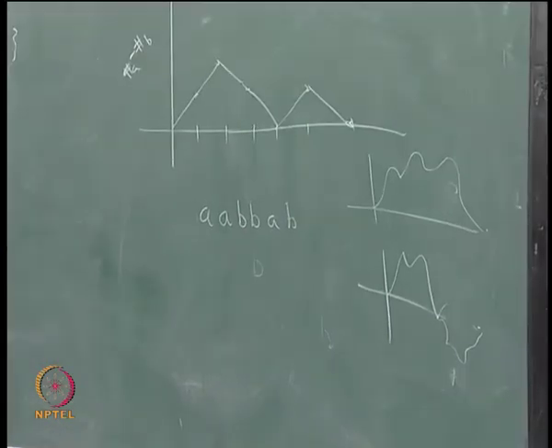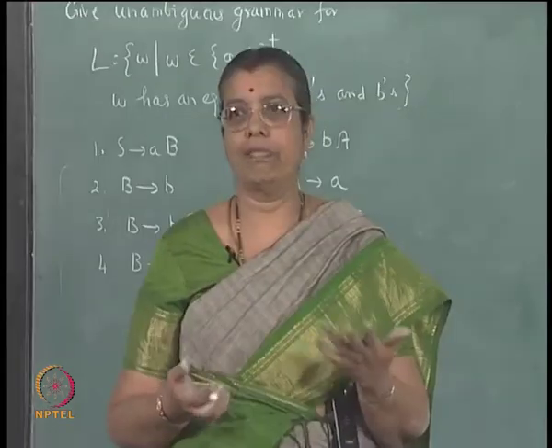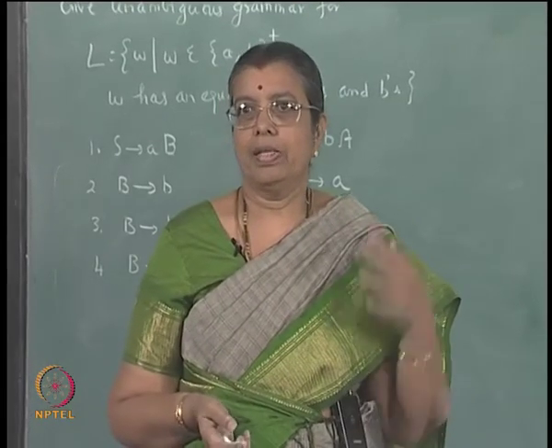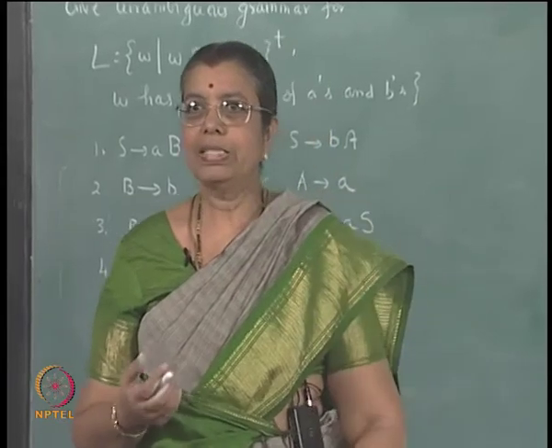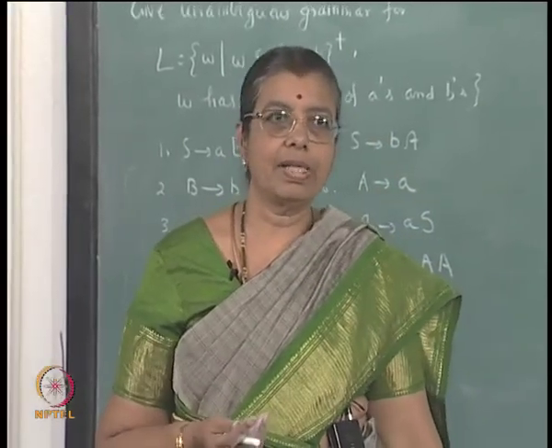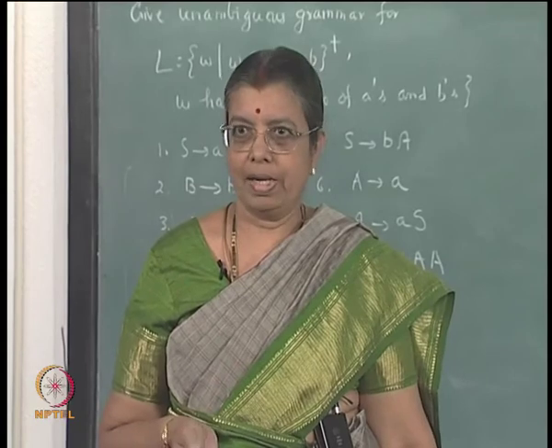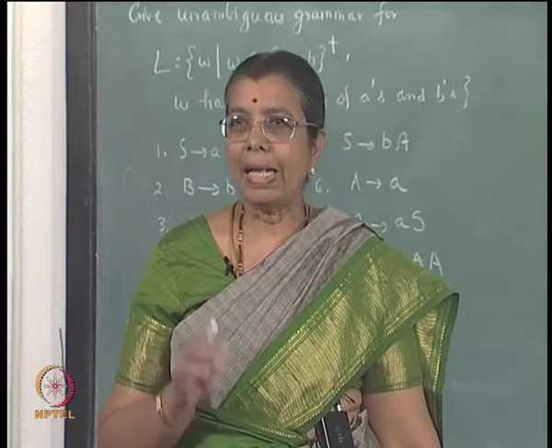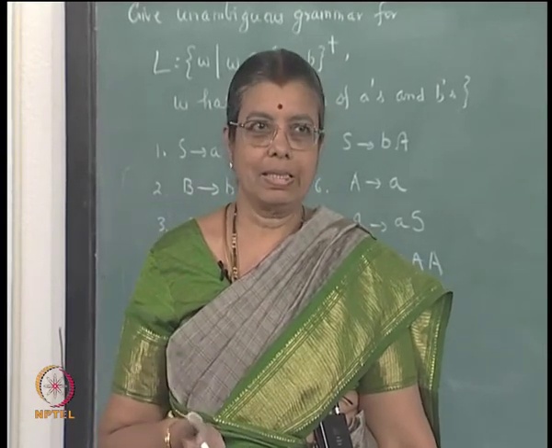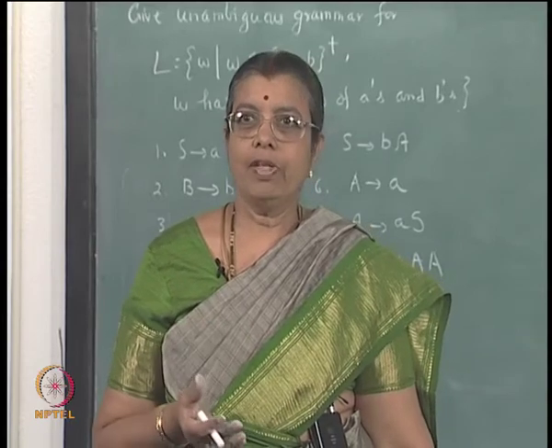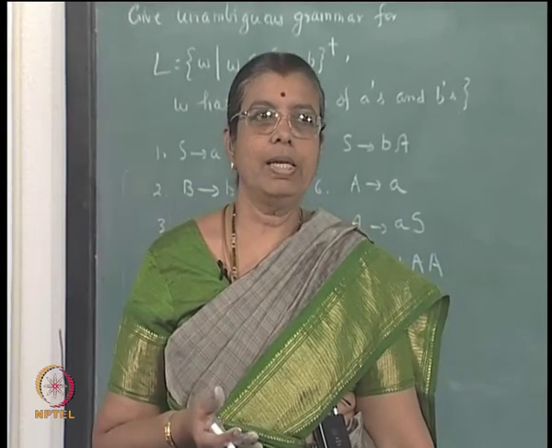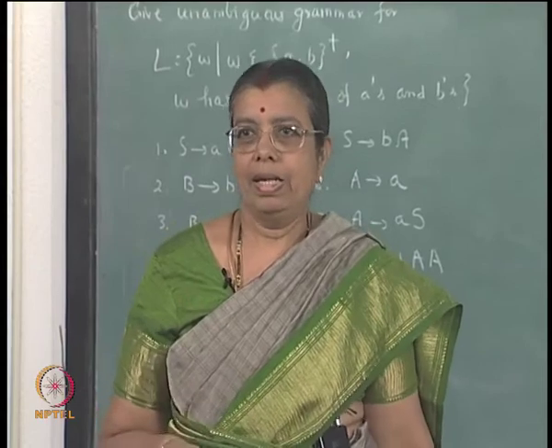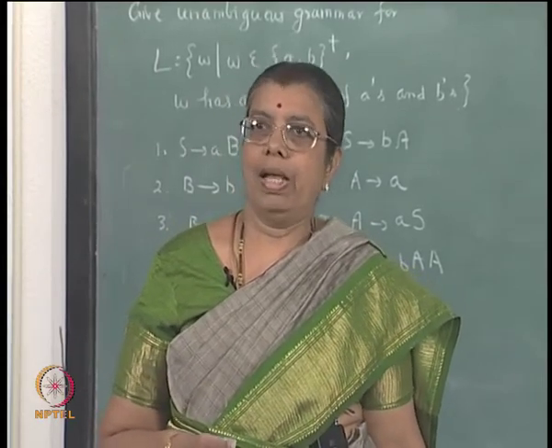To have unambiguity, you have to change. So, there is no hard and fast rule how you find the unambiguous grammar. You have to just think and see how it can be done, that is all. Because it is undecidable to find out whether a given grammar is ambiguous or not. And depending upon the structure of the sentences, depending upon the language you are given, you have to look into that and see how it can be generated unambiguously. Is it possible or not?